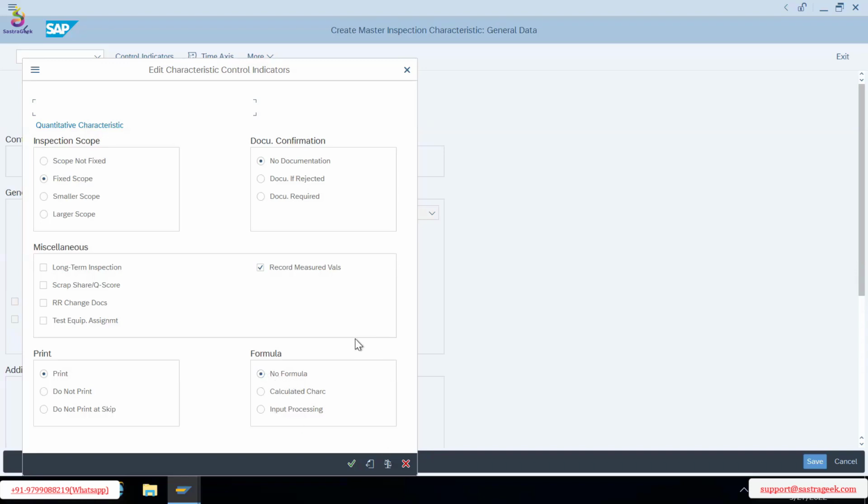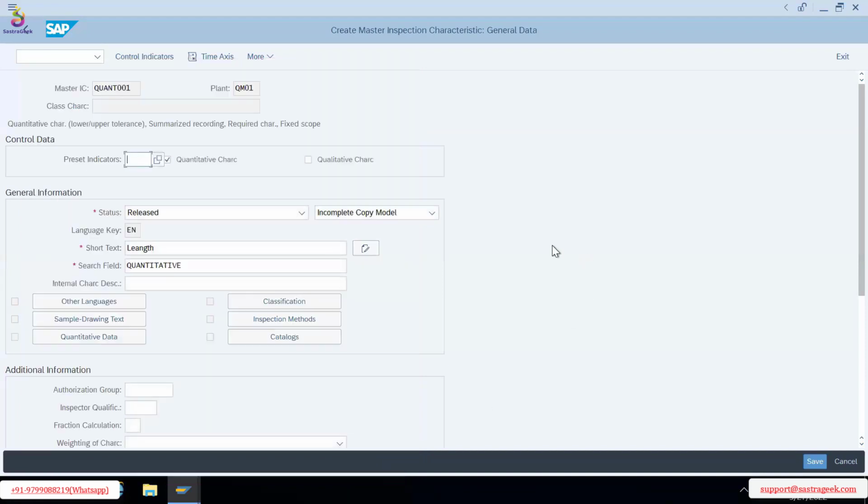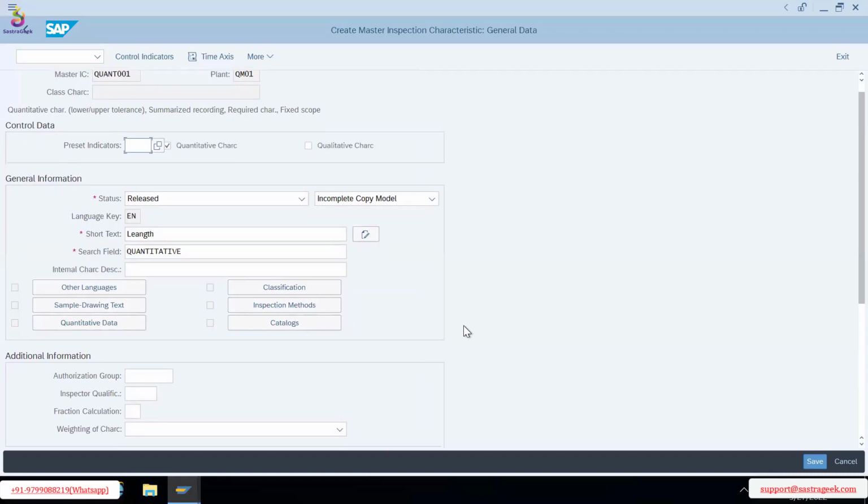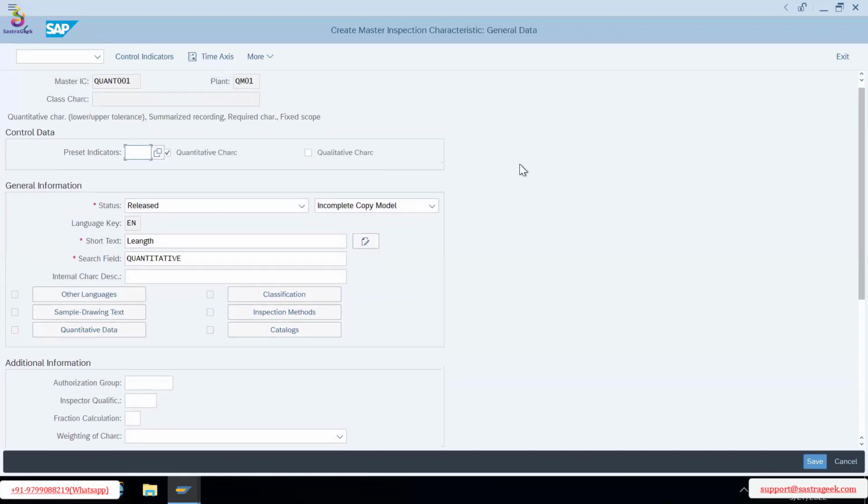If your characteristic is not formula related, then you can keep no formula. By default, no formula will be there. If your characteristic is calculation relevant, then you can keep calculative. The calculative one we will see later. Okay, so now you have given your control indicators. The next thing you should do is the quantitative data, because you selected there what should be the lower limit, because you are saying in the control limit that